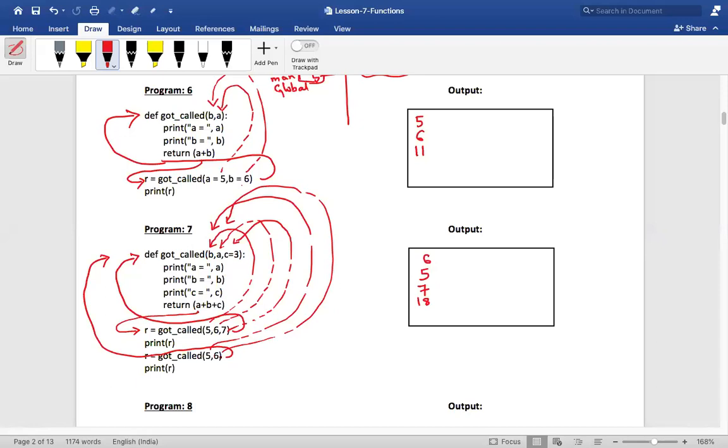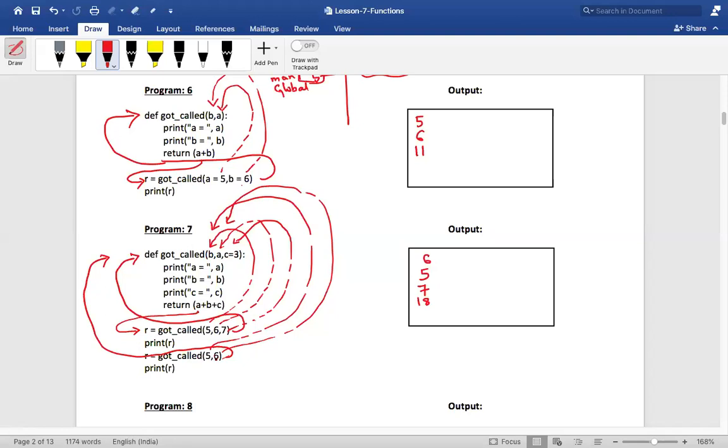When we don't have a third parameter, this 3 will be taken as the default parameter. Is that understood, my dear friends? When we don't pass the third parameter to this function, then we can assume this 3 as the default argument. This concept is called default argument. When we don't pass any value to an argument, it can be taken. So when we say C equal to 3 in the function definition, it would take this 3 as the default argument for C. The default argument would be taken only when you don't pass any value from the function call.